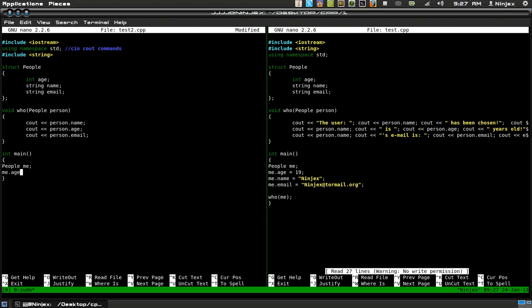The dot is what you use to access the variable for the people struct, which is me, and then each value inside of the struct itself needs to hold a variable. So by saying me.age, we're basically saying people, me, and my age equals, and I'm 19 years old, by the way,